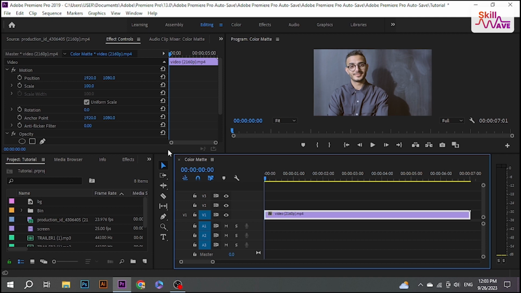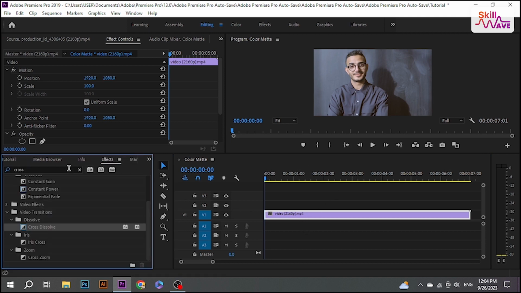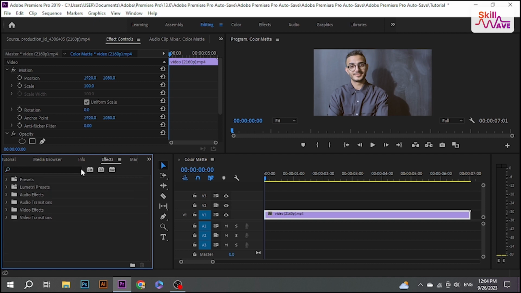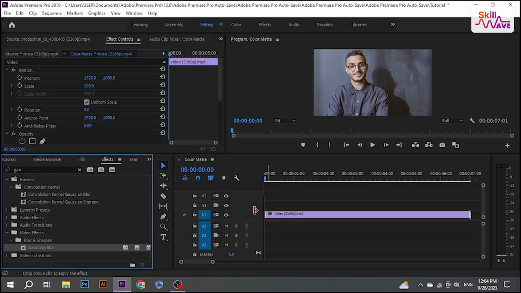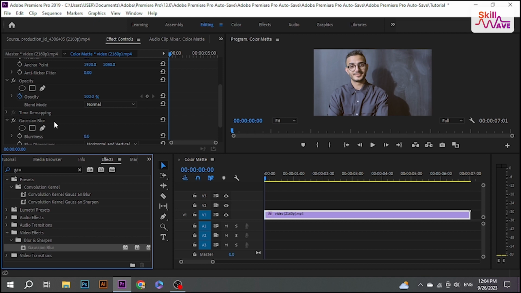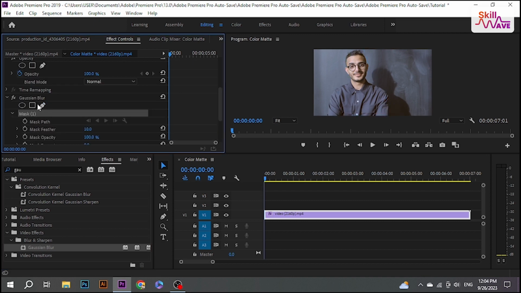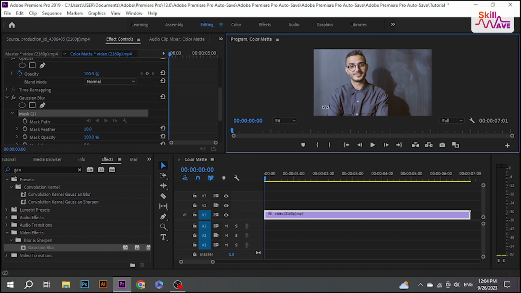So we have our video in the timeline. Now we are going to isolate the main subject from the background. Now select the video and go to the Effects panel and search for Gaussian Blur and drag it on top of your video clip. Now go over to Effect Controls and select the Pen Draw Bezier tool under the Gaussian Blur and